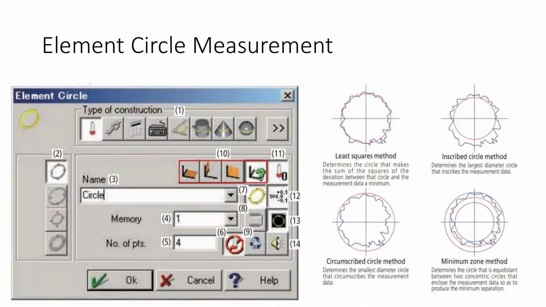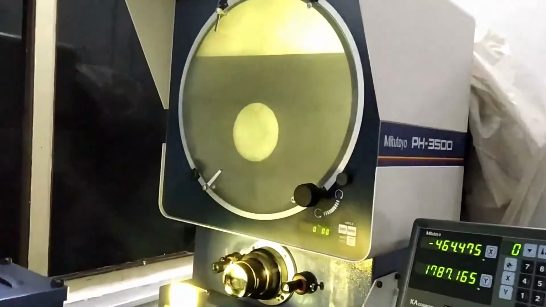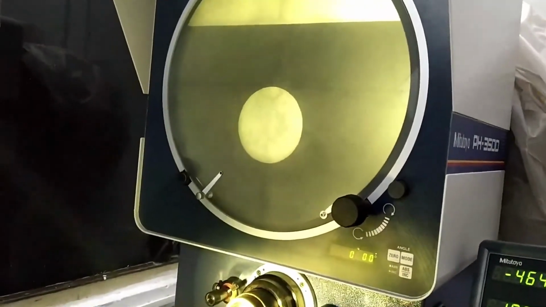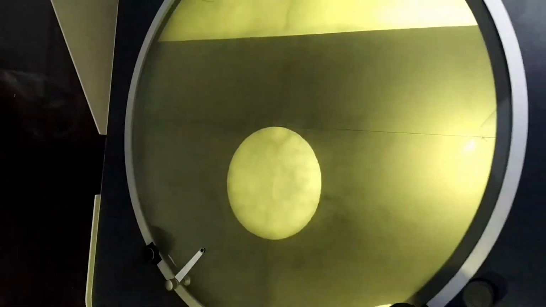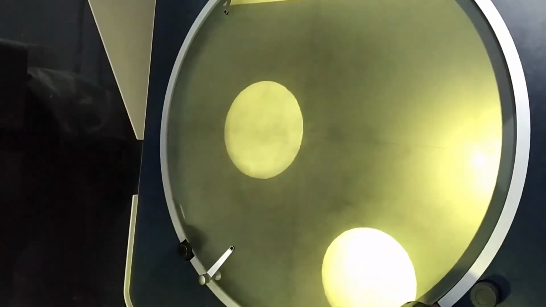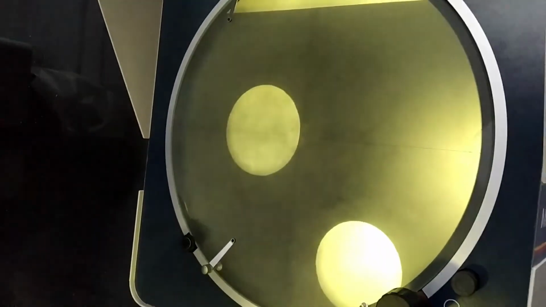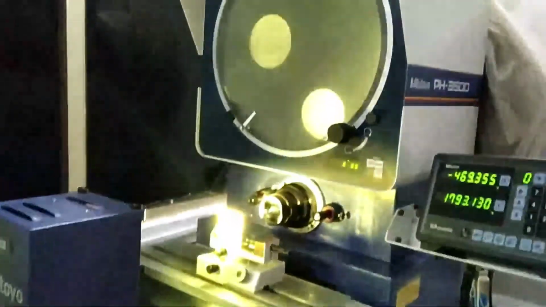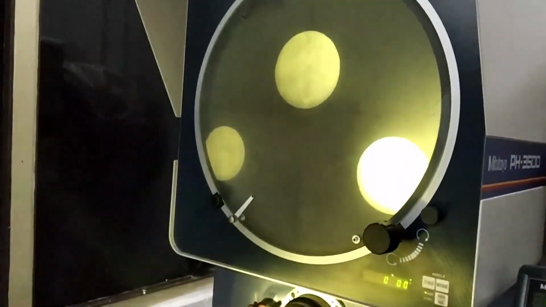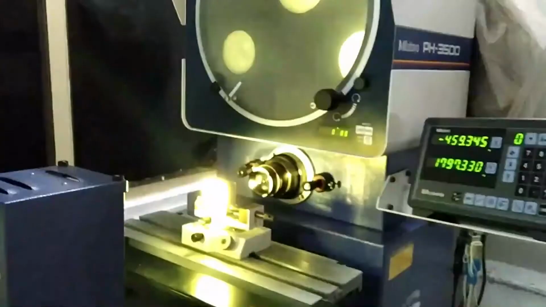Now pick up the circle icon, and in that you define the circle, with the number of points given as 4, the name of the circle as circle, and the algorithm as least square method. If you want to focus this circle, click XY with the mouse, again move X and Y axis, make that crosswire tangent to any surface and click OK. Now it is the second point. It is asking for the third point now. It is better to take diametrically opposite.